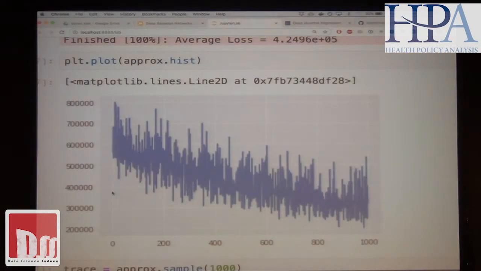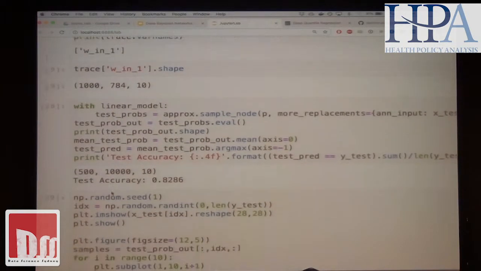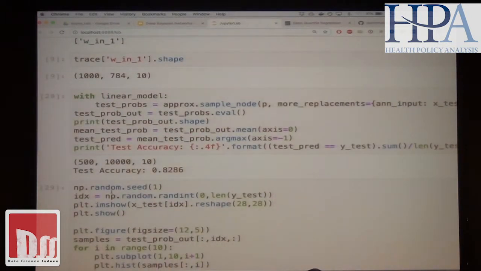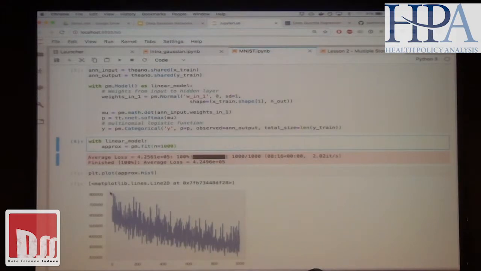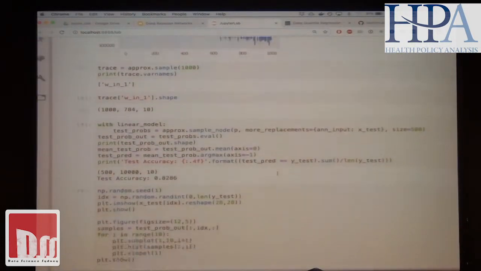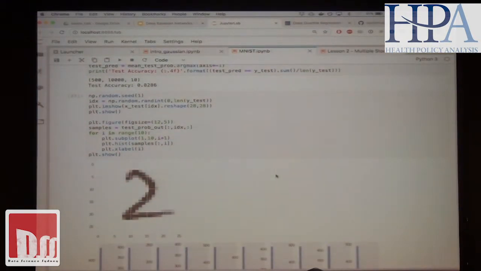You can see that it's not quite converged yet, and there's still a lot of variance in what's going on. One of the best things about PyMC3, which is getting into the deep learning space, is you can do batch updates. Right now, I put the 50,000 data points straight into this thing, and because of that, it's struggling to find some sort of local minimum fast enough. I didn't let it run for too long, it's only 16 seconds. Let me come back to the batch thing later.